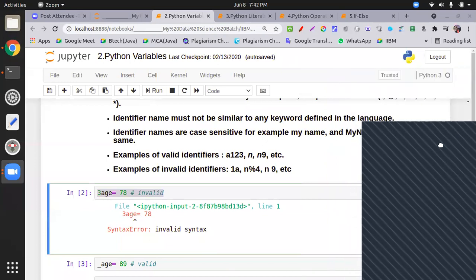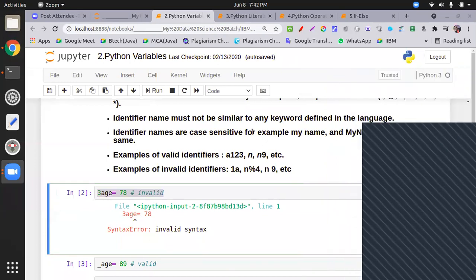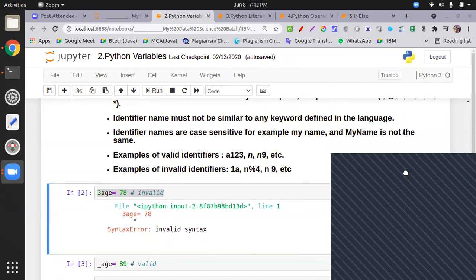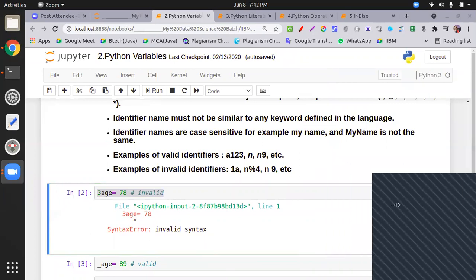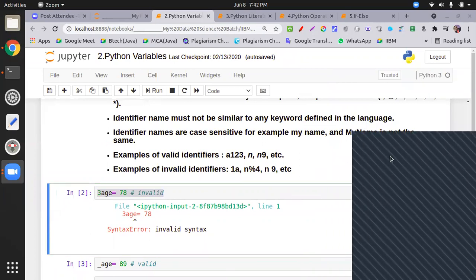Yes, Harshal. How do we define the keywords? Because the rule says we cannot use the keywords, so what is the definition of keywords? Keywords are the functions. No, dear, keywords are not functions. Yes, Miss Akhila, what's a good definition of keywords? I can't say the definition, but I can give examples. Like we should not use for, from, import because they are already used and have their respective functions. Not functions, but no problem.